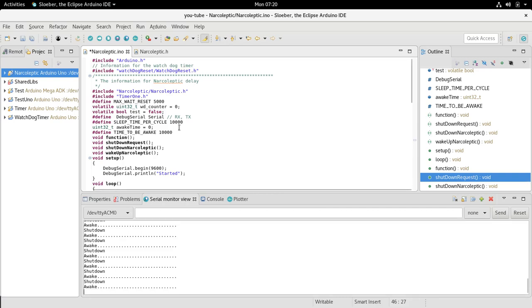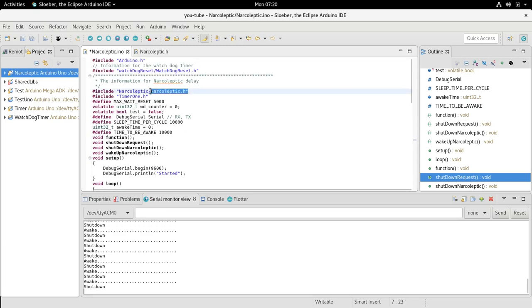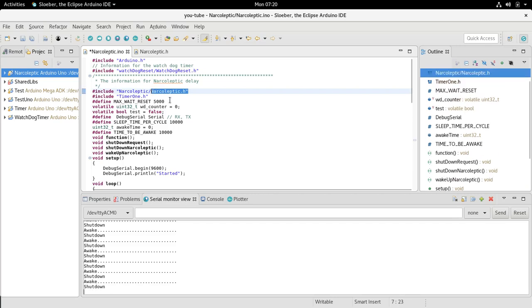I use it for long-term projects that are running on solar panels, and it just saves a lot of power. So we start by including the header file for narcoleptic wherever you stored it from where you've downloaded it, and